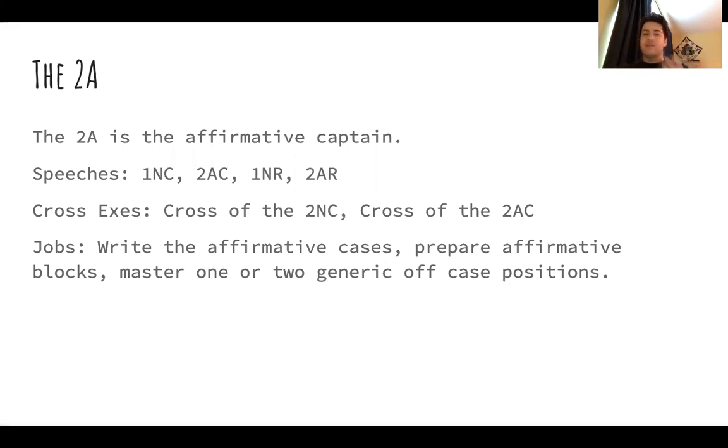So the second affirmative speaker gives, of course, the second affirmative constructive and the second affirmative rebuttal, but then they also have to give the first negative constructive and the first negative rebuttal. When you're cross-examining as a 2A, you're going to do cross-examination of the 2NC when you're on affirmative, and you're going to do cross-examination of the 2AC when you're on negative. Now, don't worry about remembering that too much. You can just write this down pretty easily before your first tournament and make sure to have a note card or an index card that you can check during the tournament